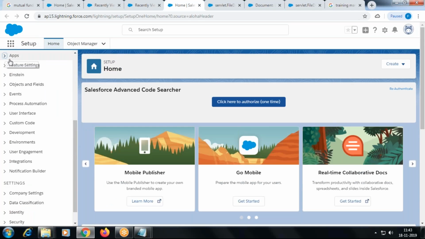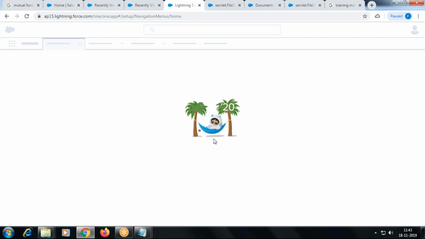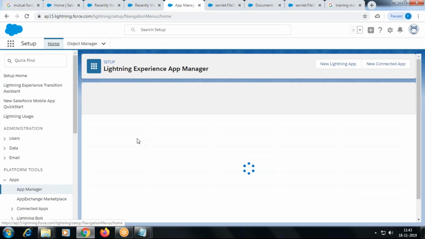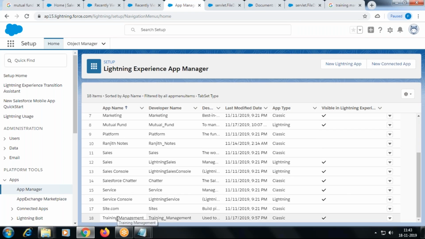Platform tools, apps, app manager. It's now Classic. It doesn't have any branding or utility item, but I would like to upgrade this.